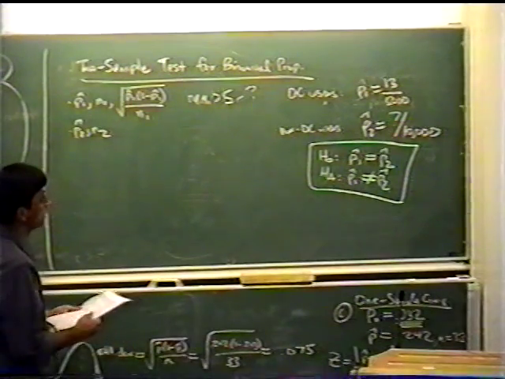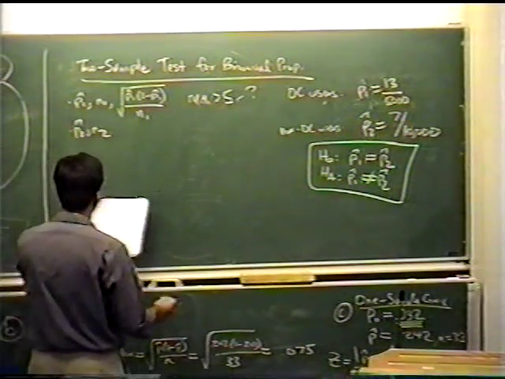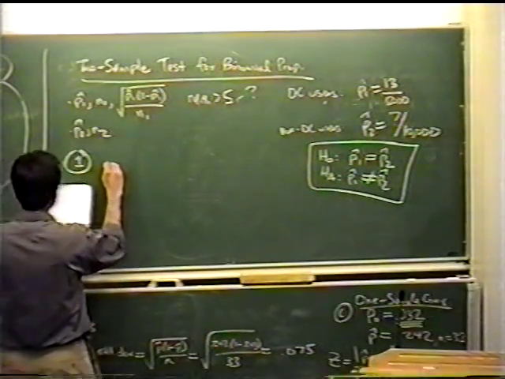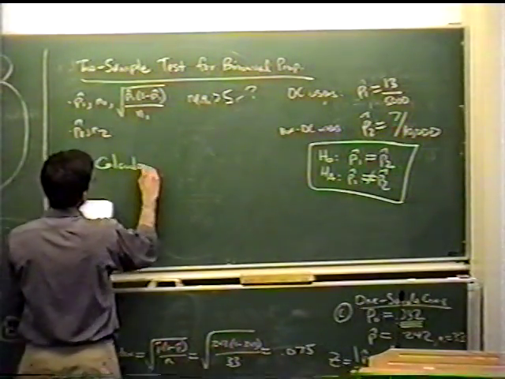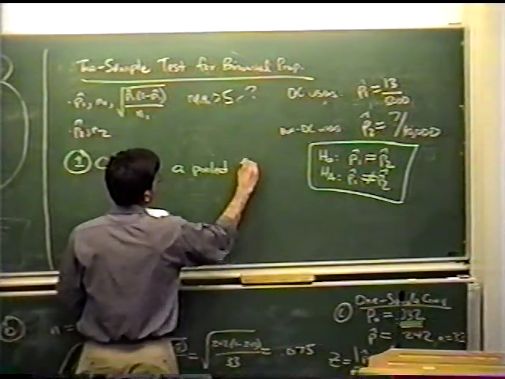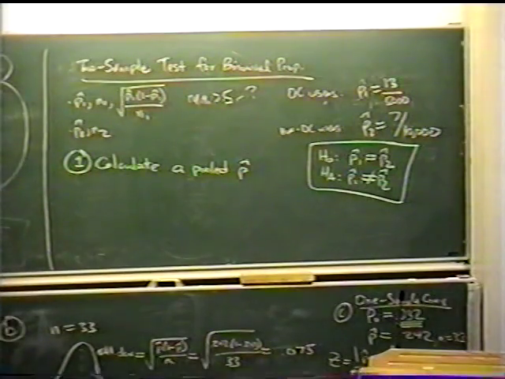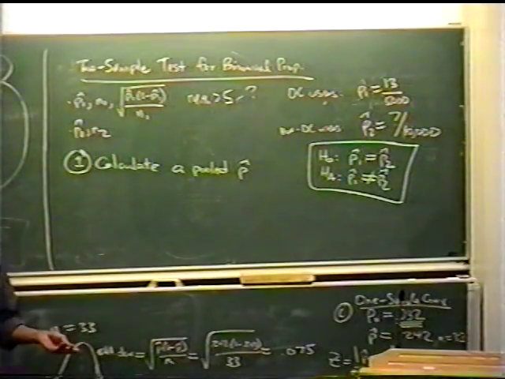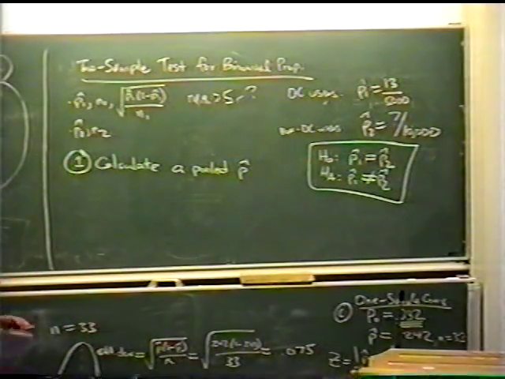normal distributions. Okay. And so the first step in doing this is that you calculate a pooled probability. This is just like doing the two-sample t-test. Right? We calculated the pooled variance. So here we're calculating the pooled probability,